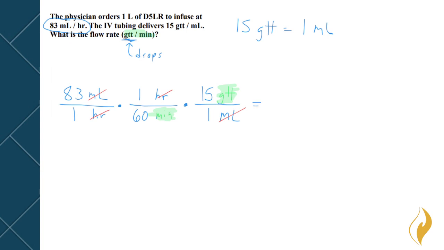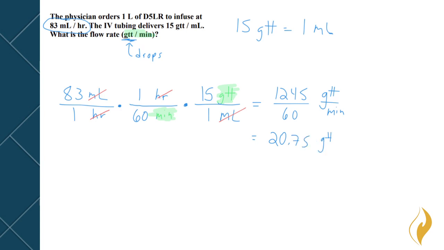Now we just multiply across the top and multiply across the bottom. On the top, I have 83 times 1 times 15, which comes out to be 1,245. On the bottom, I have 1 times 60 times 1, which is 60. And we know that our unit is going to be drops per minute. Now we're going to go ahead and do this division. So we do 1,245 divided by 60, which gives us